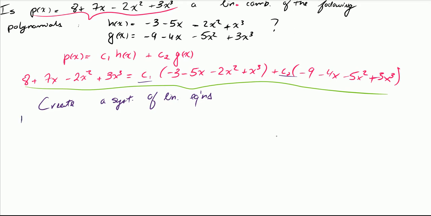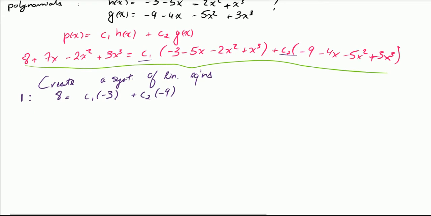but what I mean is, let's say for 1, I want to know if 8 can be written as c1 times minus 3 plus c2 times minus 9. Okay, now why 1? Well, because 8 can be written as 8 times 1, and minus 3 can be written as minus 3 times 1. Similarly for minus 9. Okay, so what's my point here? Well, I can also do the same for x, right? I can say 7, instead of writing 7x, where the second variable is kind of confusing,